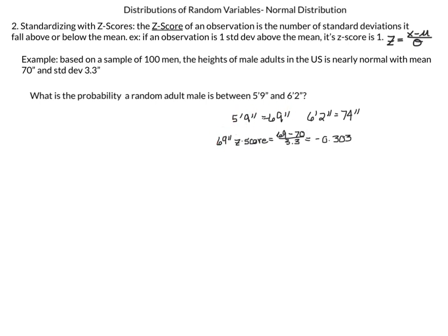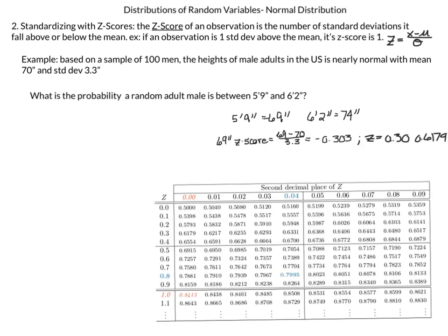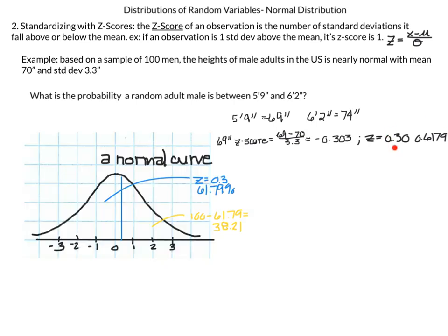So the z-score is going to be 69 minus our mean of 70 divided by standard deviation 3.3, which is equal to negative 0.303. Remember, our tables don't have the negative numbers, so we're going to look up the z-score for 0.3, and we're going to get 0.6179. So drawing a picture, remember, now we're looking at the positive 0.3, so somewhere around 1/3, and that gives us